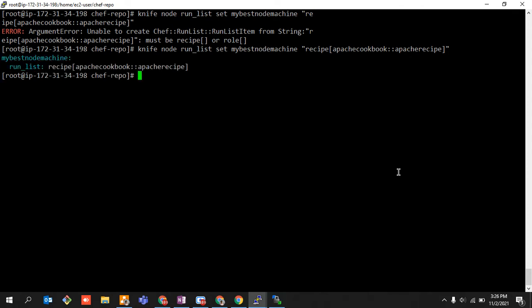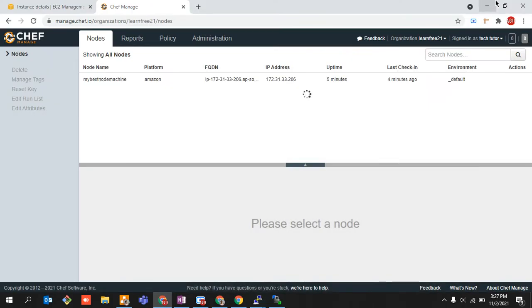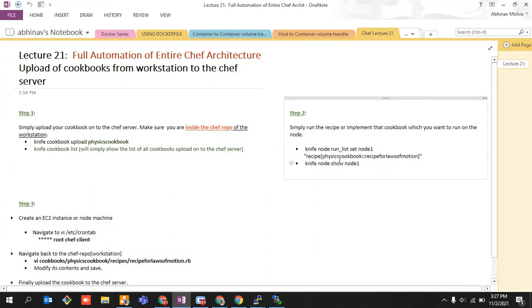So now what is happening over here? It gives some output like my best node machine, and onto the run list of this machine, this recipe has been added. So if you do anything now onto this particular recipe at this point of time, it will simply get executed on its own, right? And how to check that?